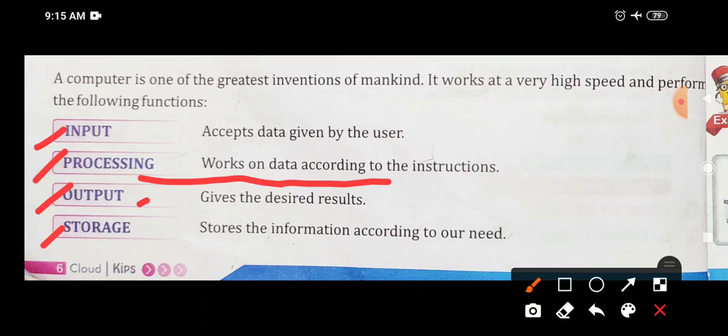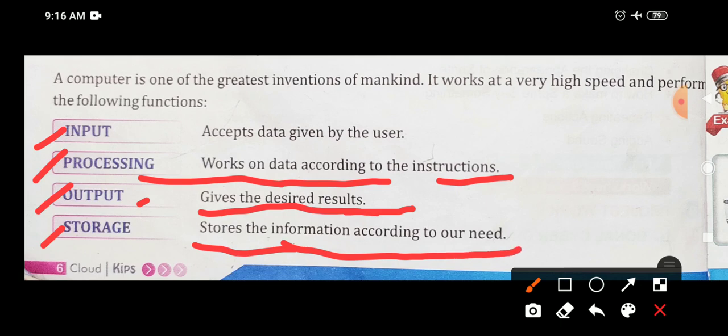Next is output, which gives the desired result. When we give the instruction and data to the computer, the computer processes it and produces a result. That result is given by an output device. Next is storage, which stores the information according to our need. After giving the result, if we want to save that result in the computer, we can save it, and that result is stored in computer memory for future use.